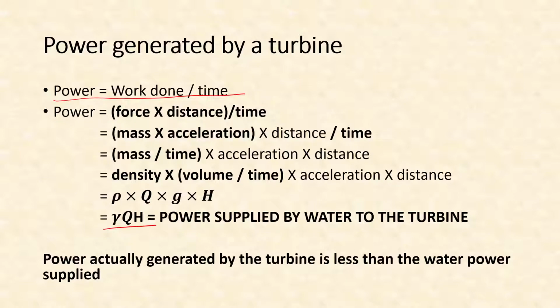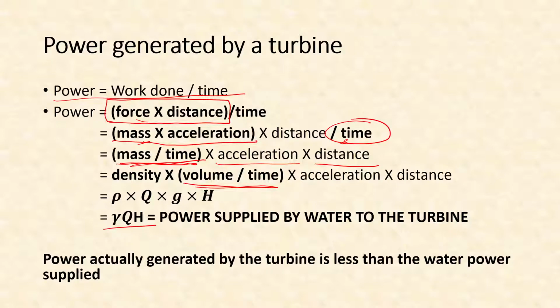In this case it will be work done, and since work done is force into distance, then force is again mass into acceleration, and when we rearrange we bring time closer to mass, then it's mass divided by time, then acceleration and distance are separated, and then mass per unit time is basically volume per unit time multiplied by density, and volume per unit time we know that it is the discharge,